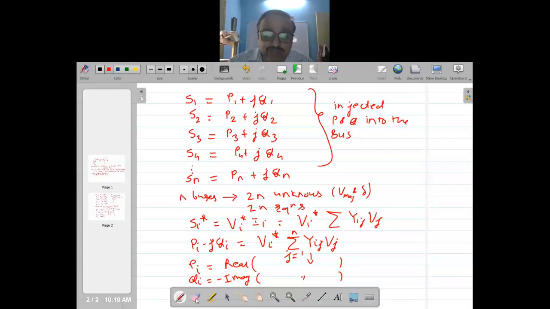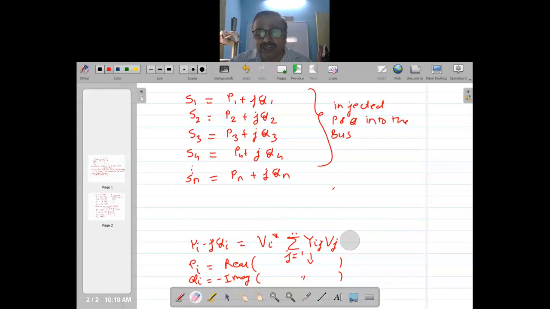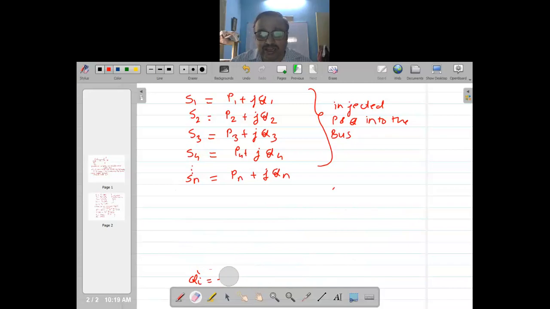Now I will tell you what the problem actually is physically. It was just to again remind you how we have done the static load flow equation, or SLF. Now the left hand side of all this is known. So I know each one of these, which is P1 plus jQ1, P2 plus jQ2, S3 is P3 plus jQ3, Sn is Pn plus jQn. All these are known quantities. At each bus we have V and delta as unknown, magnitude of voltage and delta.